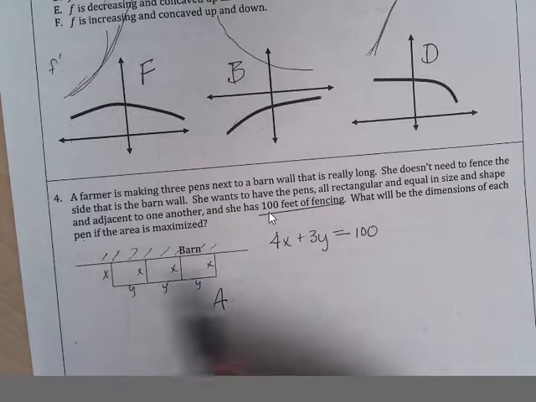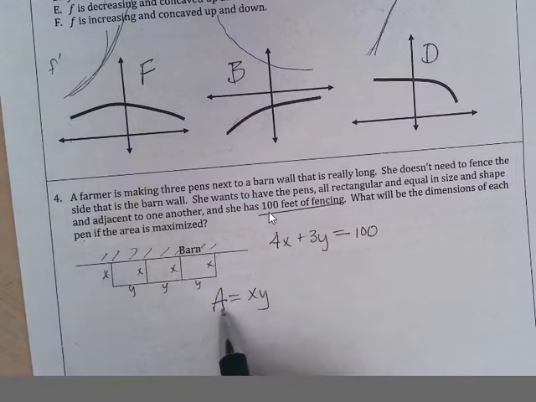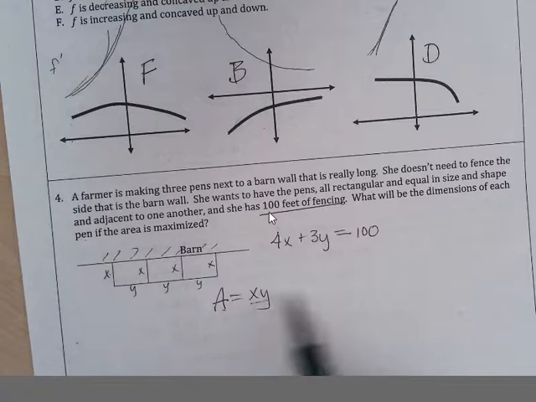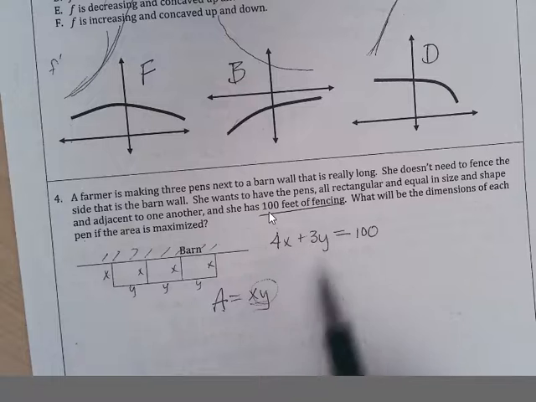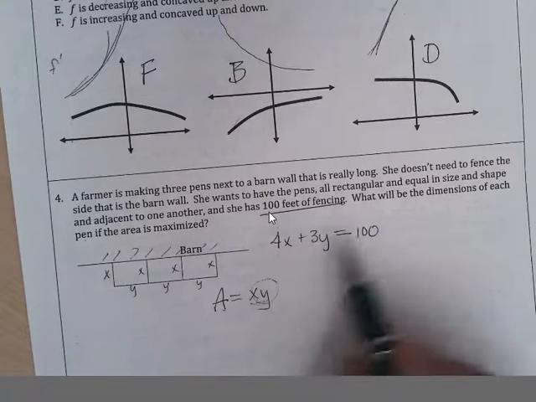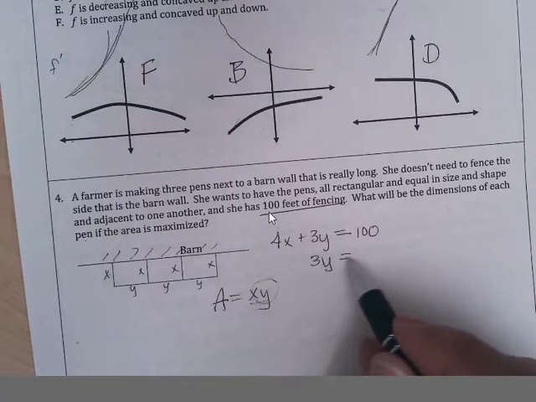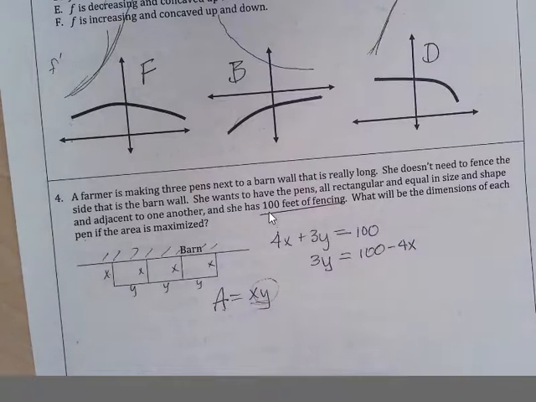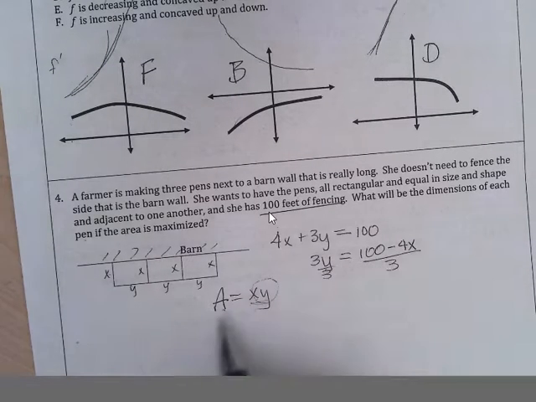Each pen has an area of x times y, and we want to maximize that, so we want to take the derivative, but we got 2 independent variables. We need to get that down, so we need to solve for either x or y in this. I'll solve for y. And then I'll divide by 3 to get y completely by itself, and so I get